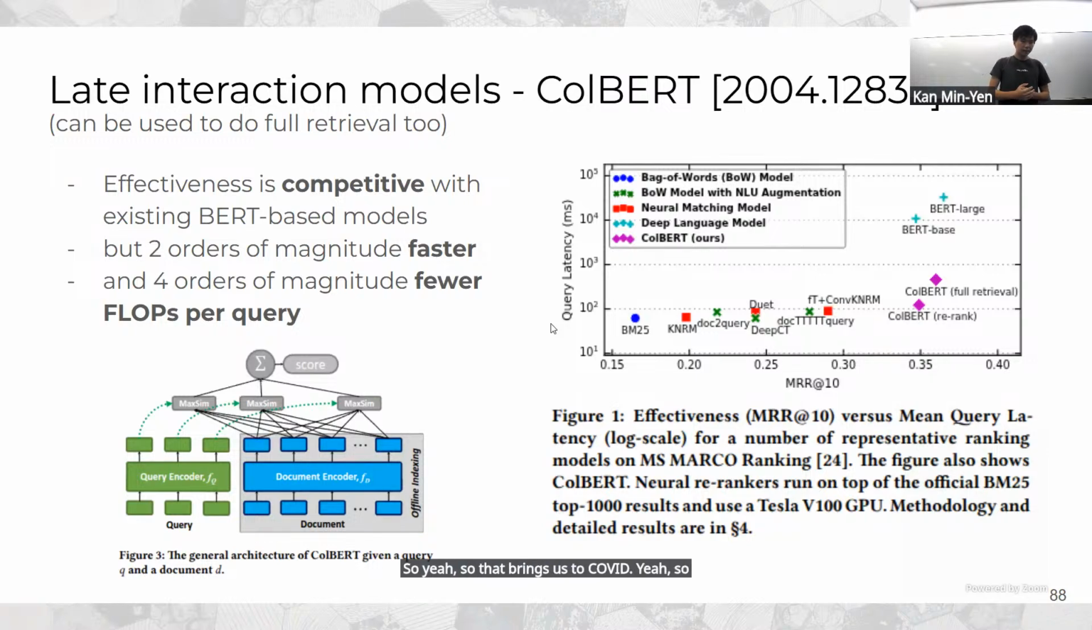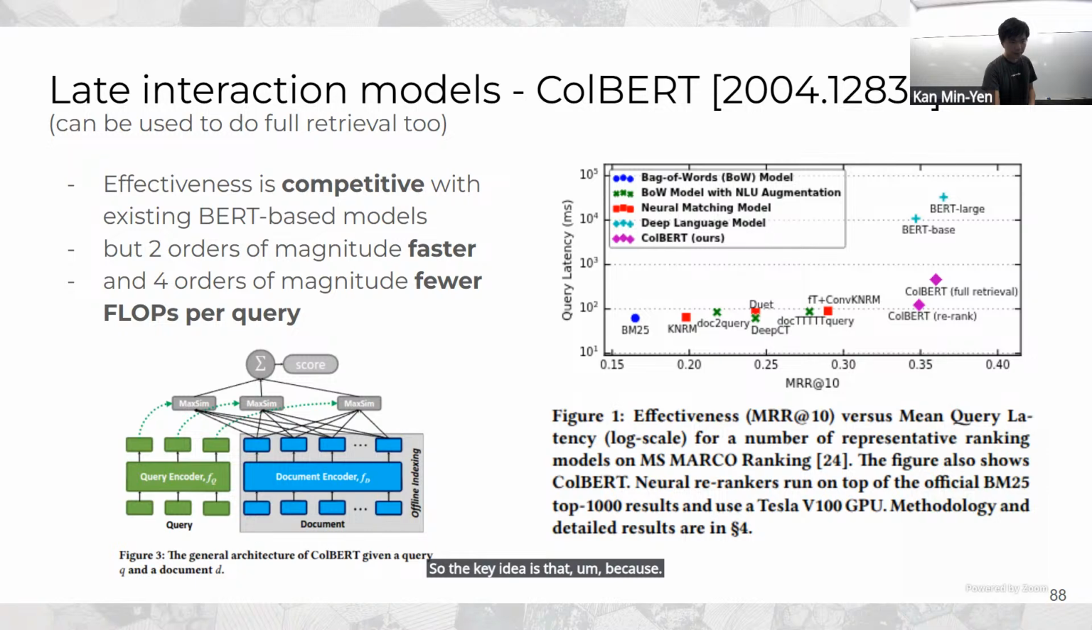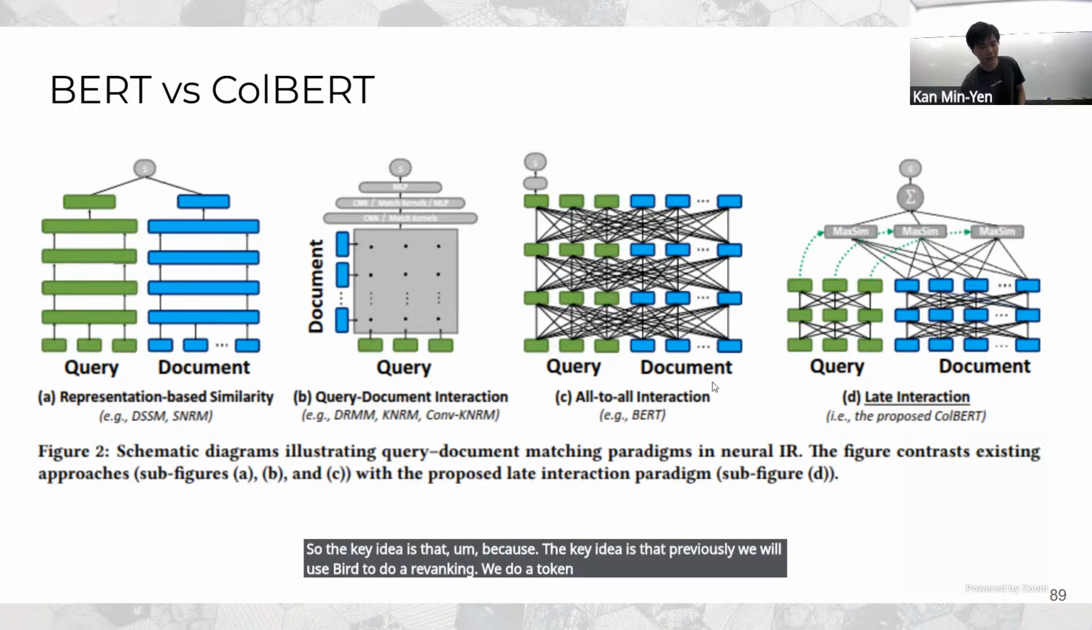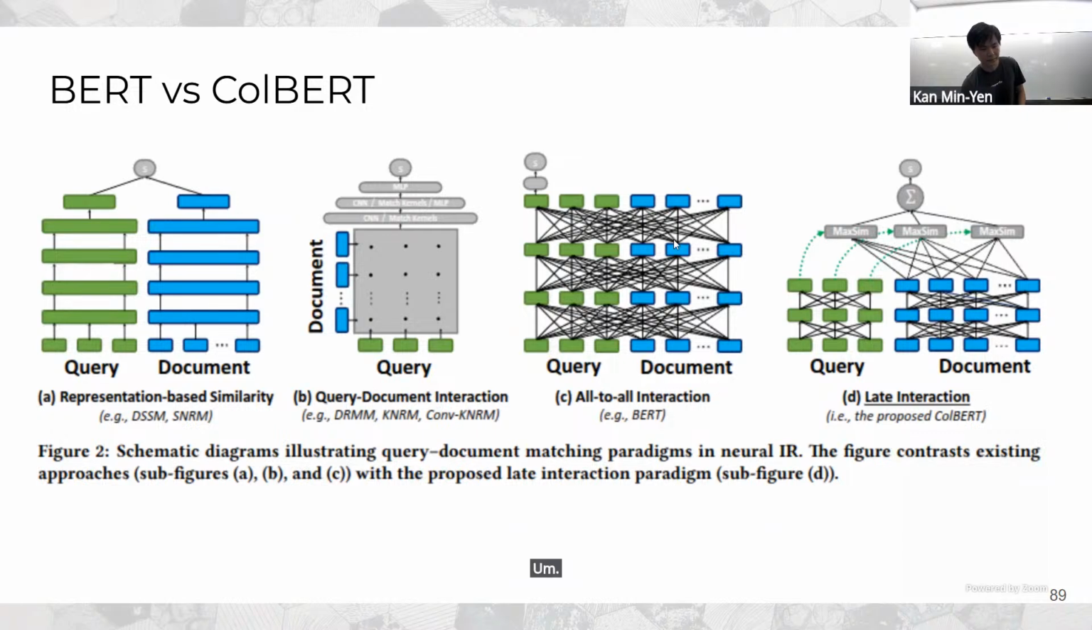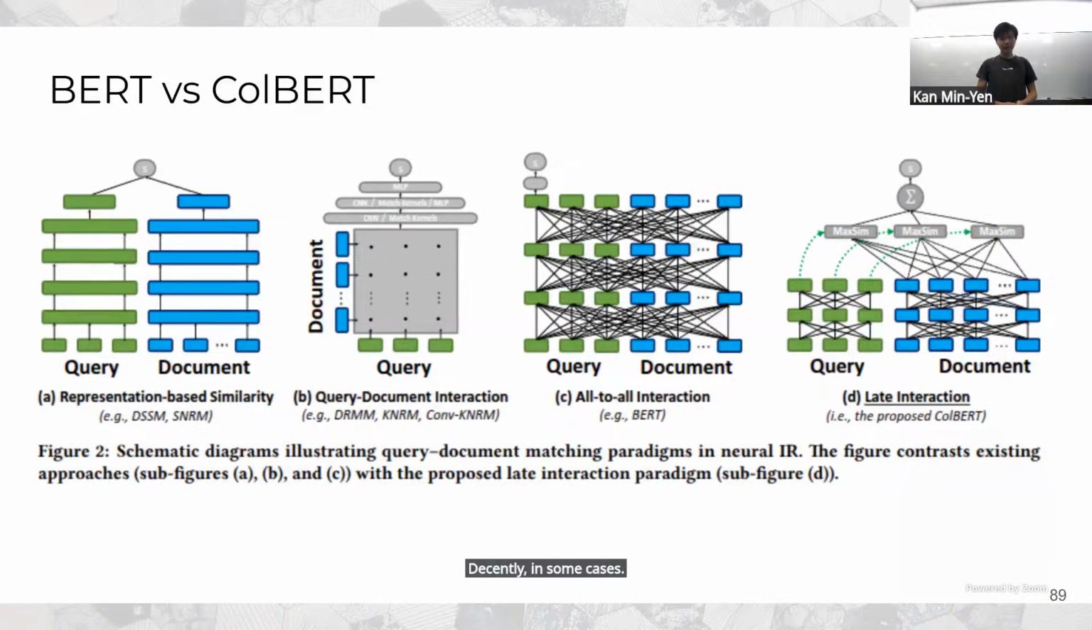ColBERT can also be used to do full retrieval as well, but I'll talk about it mostly in the case of re-ranking, but it's a similar concept. So the key idea is that previously we would use BERT to do re-ranking. All the tokens attend to all the tokens in the attention scores, the attention mechanism. But it turns out that if you take inspiration from BM25, where BM25 actually performs decently in some cases, we realize that what we really want is the in-between between the all-to-all interaction and the